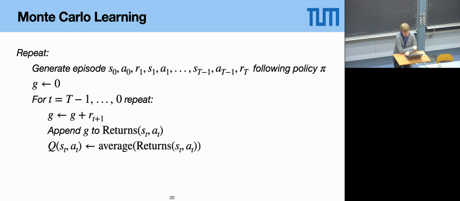This is the value iteration step, and then next comes the policy iteration step, where you do this argmax over all the actions, and you choose the action with the highest value. Then you start over, going to the next element of the for loop, the second last reward. You use the sum of the last reward and the second last reward as a target for the value of the second last state. You do that until you're done with the episode, and then you generate a new episode, and you do this for as long as you wish.